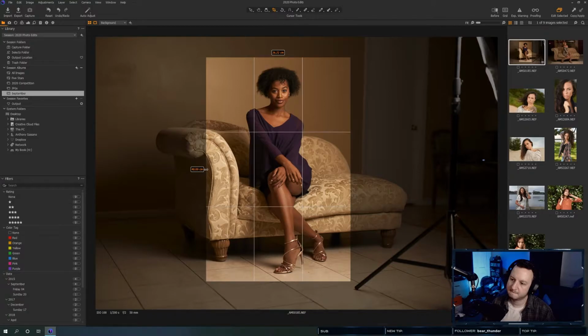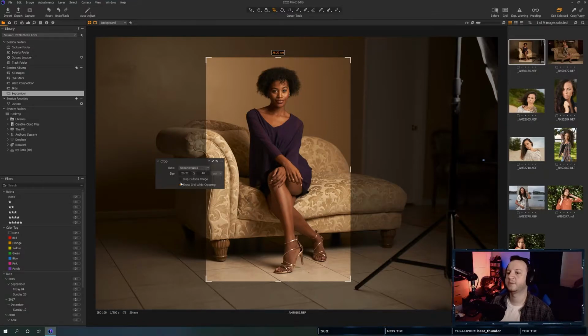Is that it? Why are these in centimeters? Crap, I can't remember how to change this. Brain, come on. There is somewhere where I need to go that I can change that.